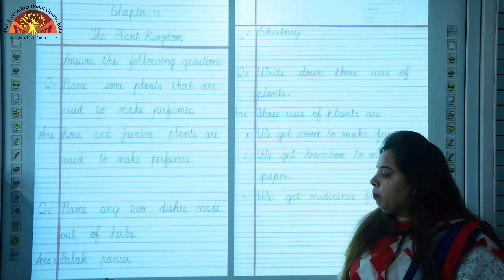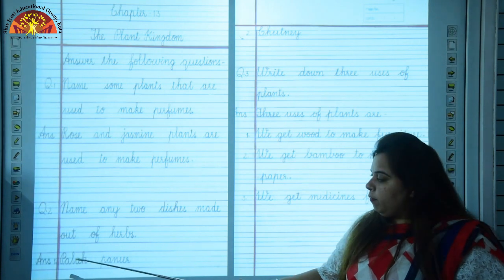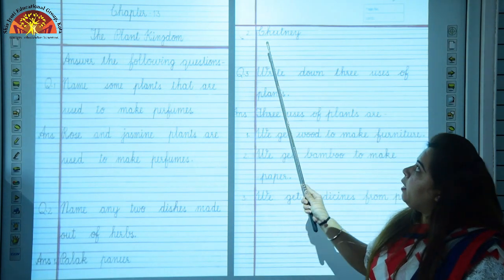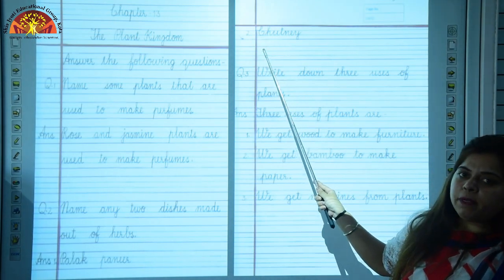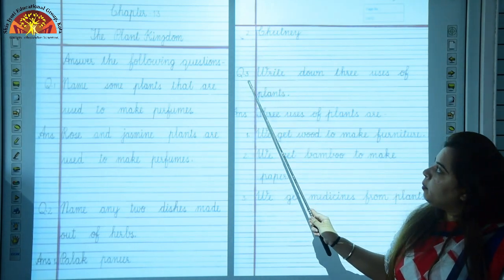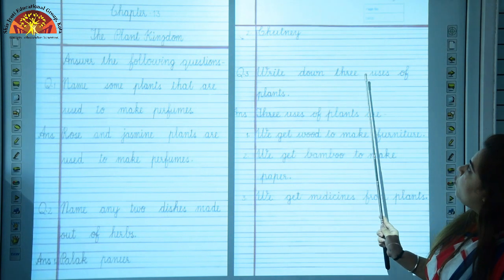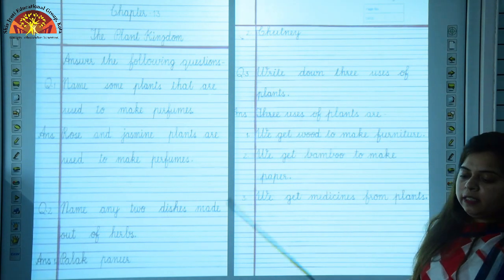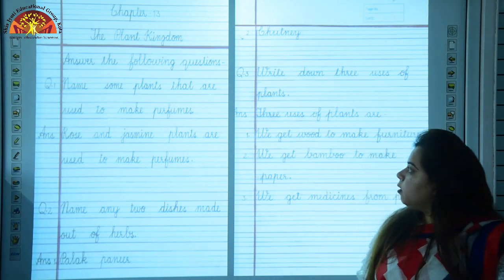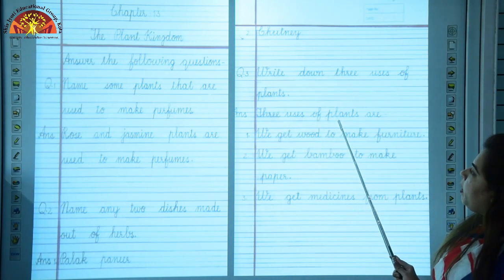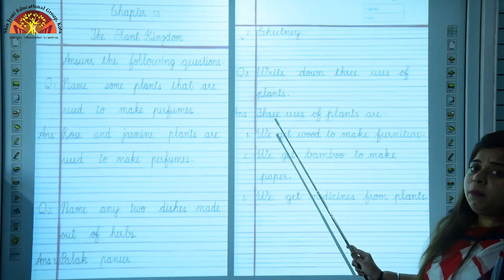PALAK, palak. PANEER, paneer. P will be capital of palak, and chutney, CHUTNEY, chutney. C will be capital over here. Last question number 3. Write down 3 uses of plants. In this question children, we have to write 3 uses of plants. 3 uses of plants are: number 1,